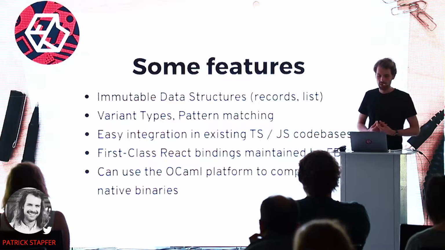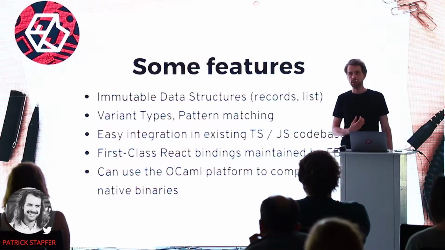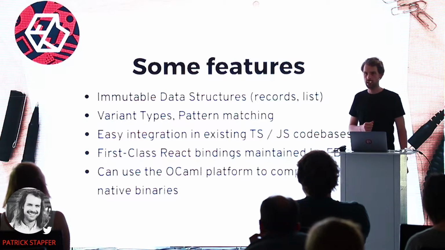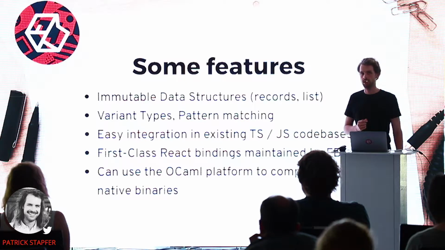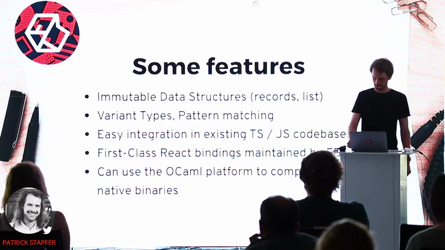It can use the OCaml platform, and it's actually underneath the OCaml platform to compile to native binaries, which none of the gradually typed languages can do. And OCaml is a language which has been here for 20 years. The type system is stable. It will not change in the future because they have a lot of industry relying on it. And they have very clever scientists also working on the compiler.